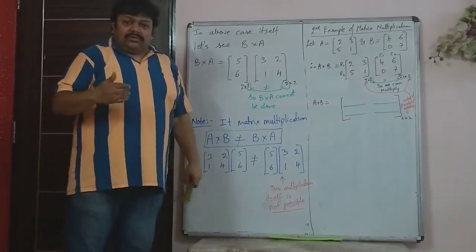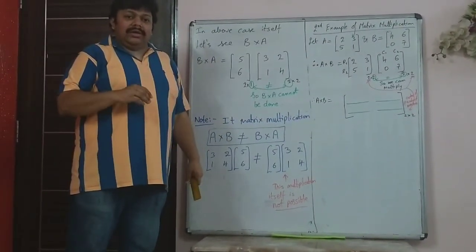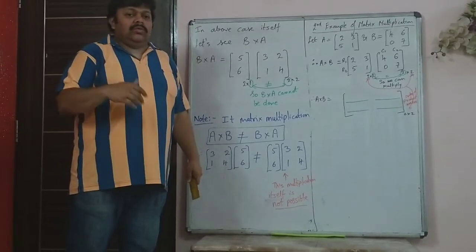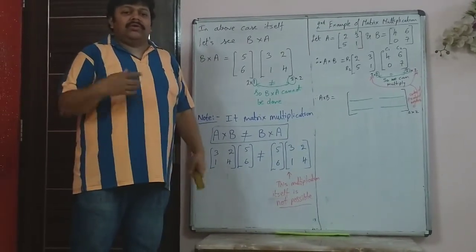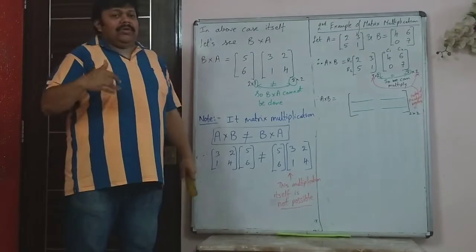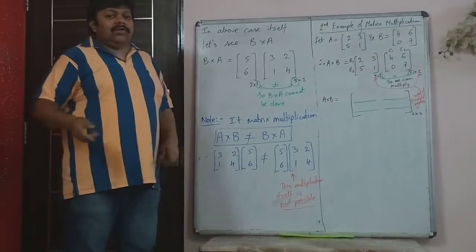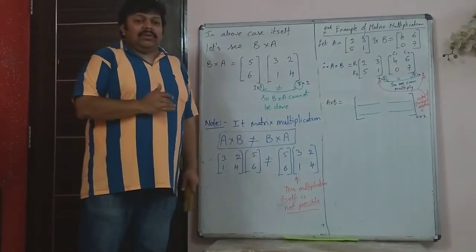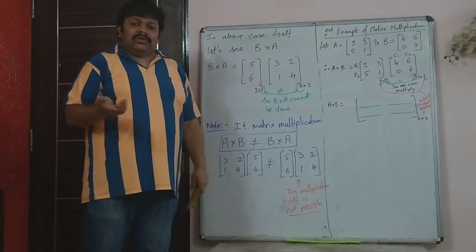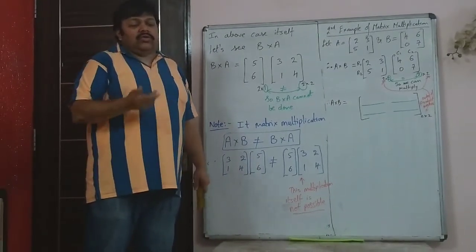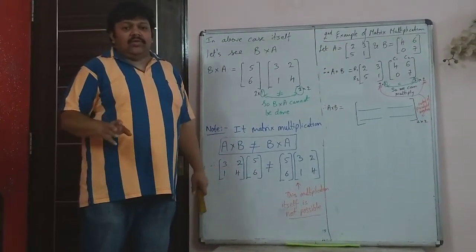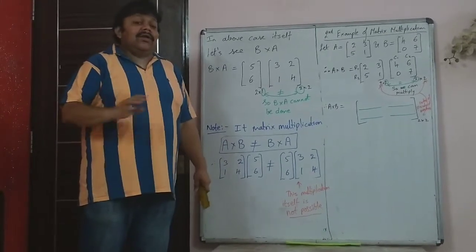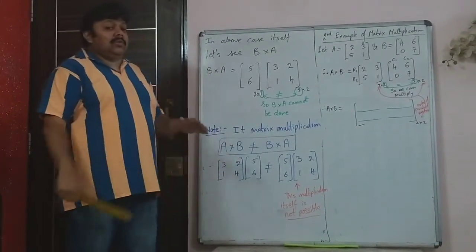See, in maths, when you do in algebra A into B, you sometimes do the multiplication in reverse, that is B into A, because there A into B and B into A are going to be the same. For example, instead of doing 2 into 3, which is 6, if you do 3 into 2, that is also 6, so there is no problem. But that cannot be done in matrices, you have to remember that.